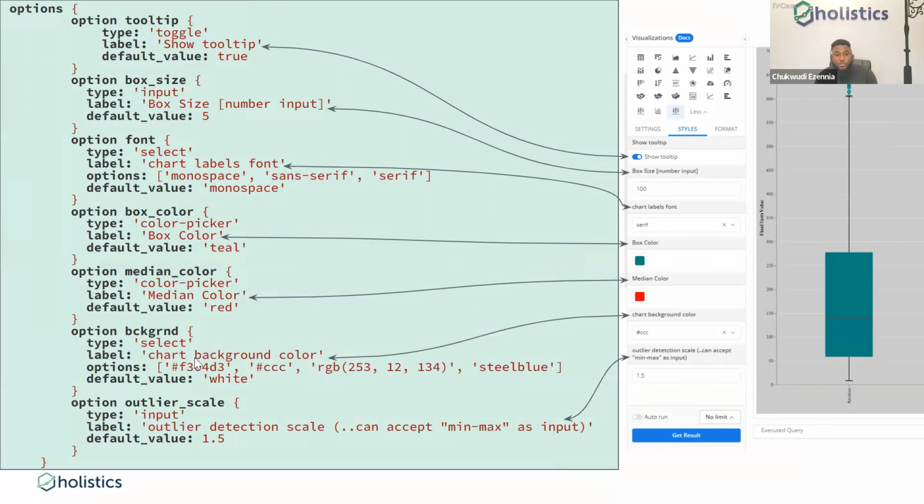We now see one interesting thing we've done here with the background colors. This also is select. So maybe you have an organizational color theme. Maybe you have 4 types of colors you make use of in your organization. You can put in those colors in different code formats here. We've seen that this is a hex format. And then you also have an RGB format, and you also have the ability to pass in the color as a string directly. And then you have this also at the outlier scale for those who want to manipulate the statistical properties of that particular chart.